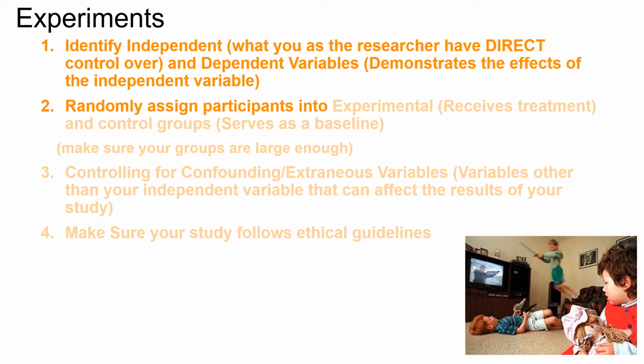So what you'll see here is we want to control for confounding or extraneous variables. These are variables other than the independent variable that can affect the results of the study. So in our case of studying violence on TV and how it affects aggressive behavior, or whether it does, we would want to make sure that if we have our groups randomly assigned into our experimental and control groups, we would want to make sure that both groups are treated exactly the same, except for that independent variable of violence